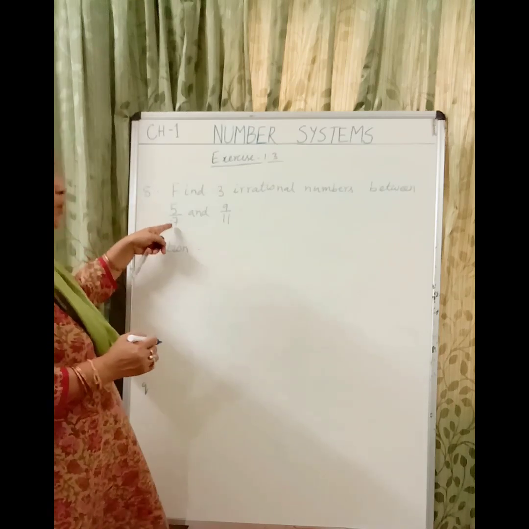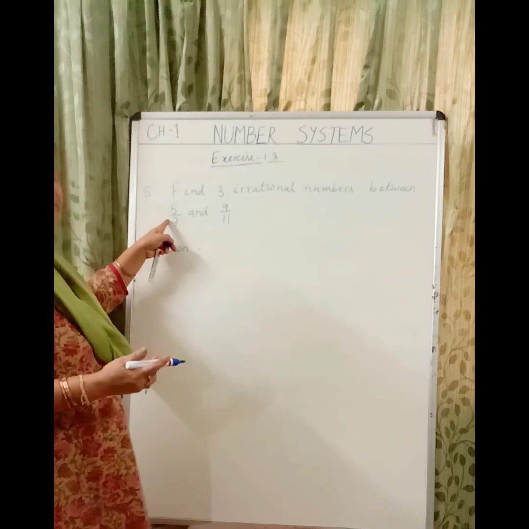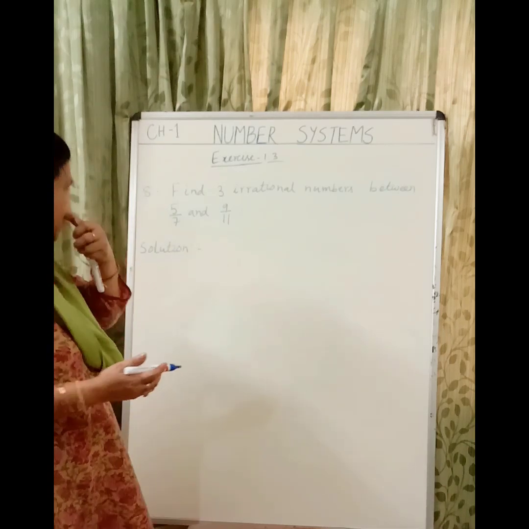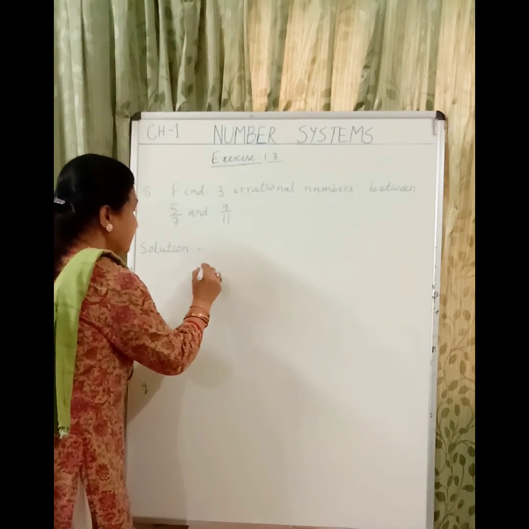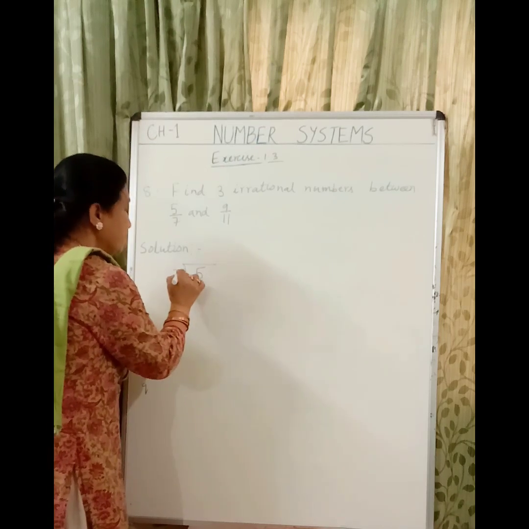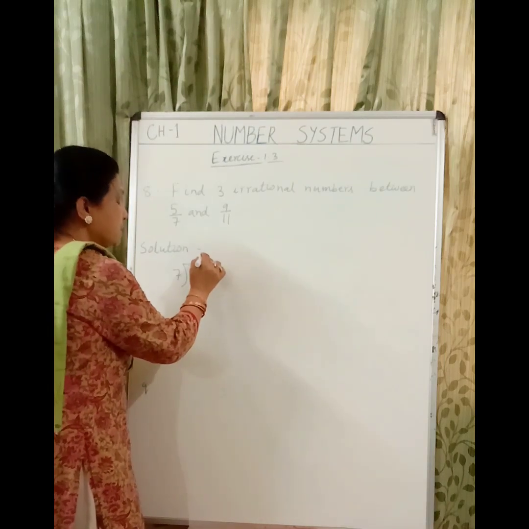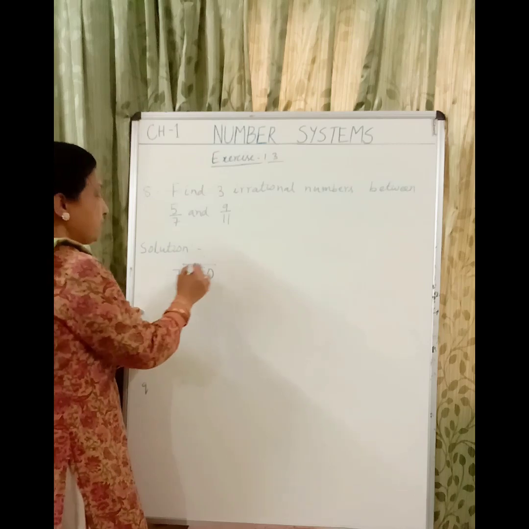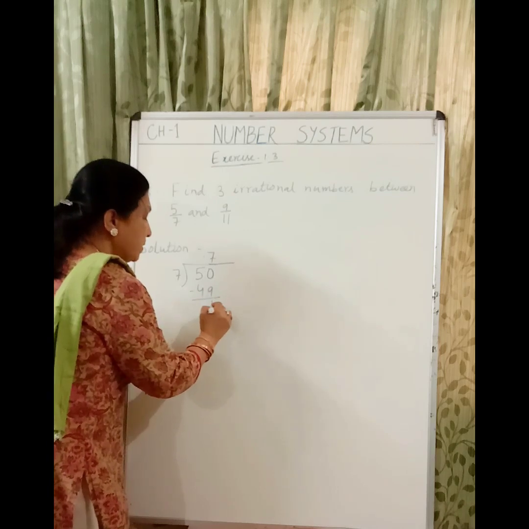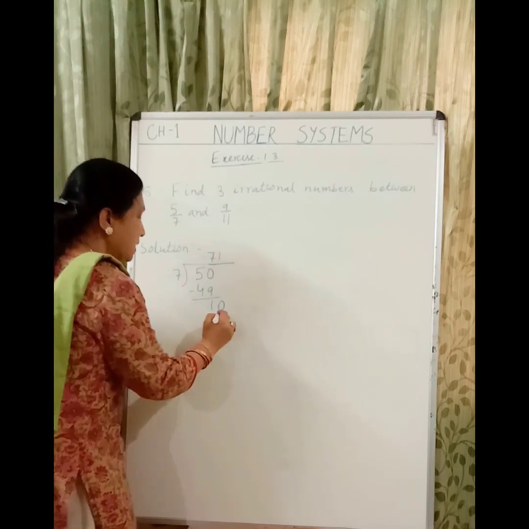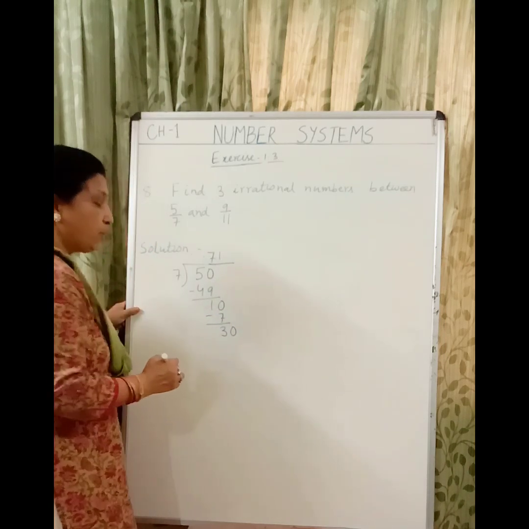As you can see, 5/7 is a rational number. So first we will be changing this 5/7 into the decimal expansion. We will see by performing the long division. 5 divided by 7. 5 cannot be divided by 7. So taking 0, we have 50. At the same time, we have the decimal point. 7 sevens are 49. 1 is the remainder. 10. 7 ones are 7. 3 is the remainder. Now it becomes 30.